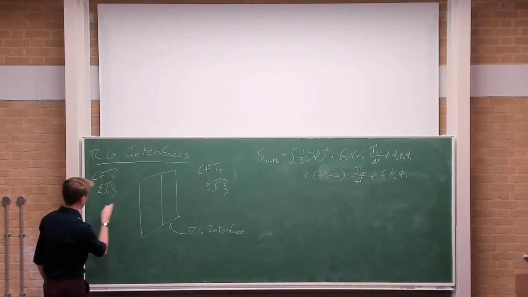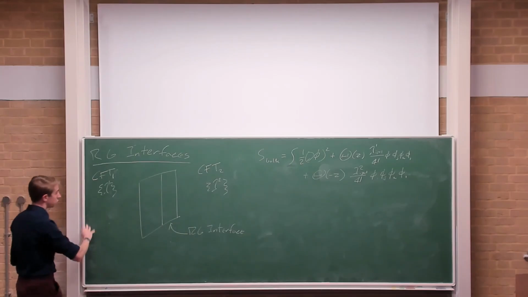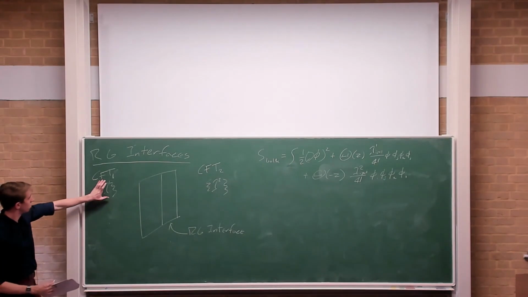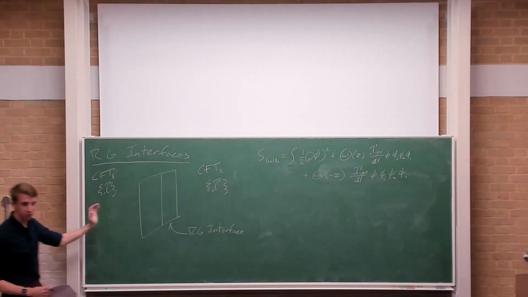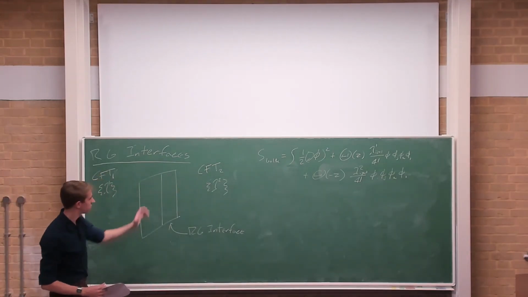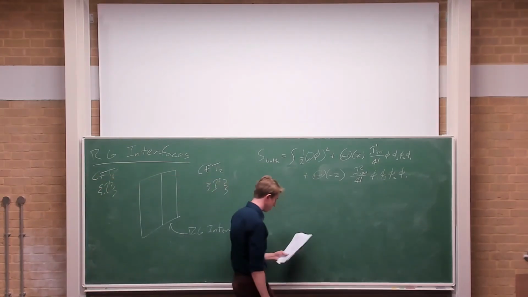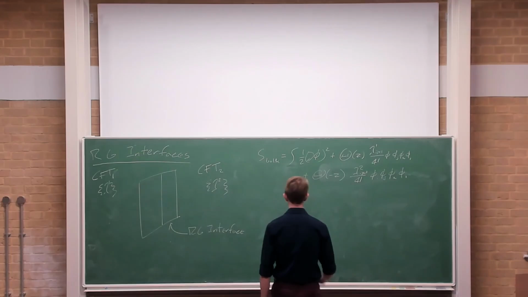If you put it on either side, you can do this, but what you find is that the counterterms are exactly the same as if it was only in this one bulk. It doesn't feel the presence of the bulk on the other side of the interface. So you really need to put it in the interface to get something new. And so, for instance, in the case of the line,